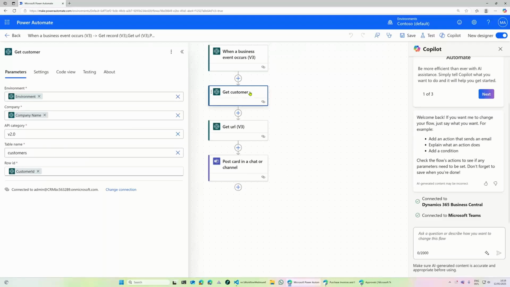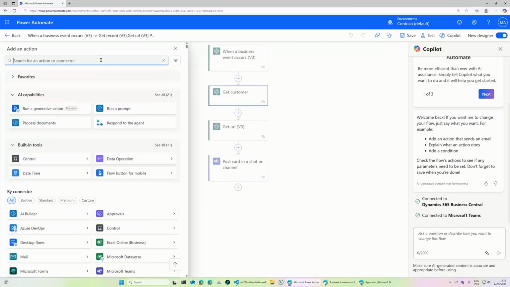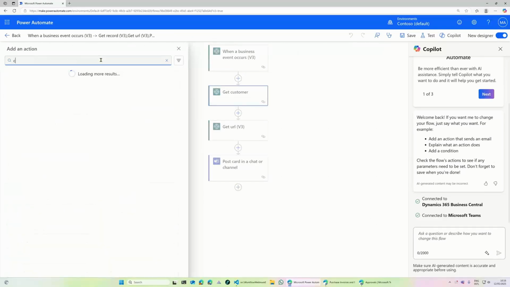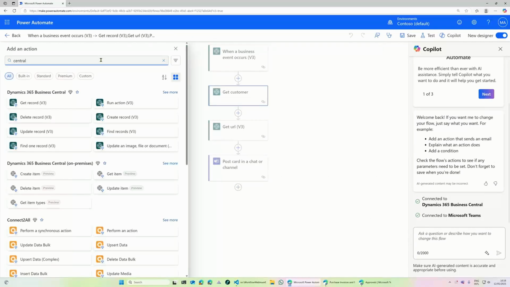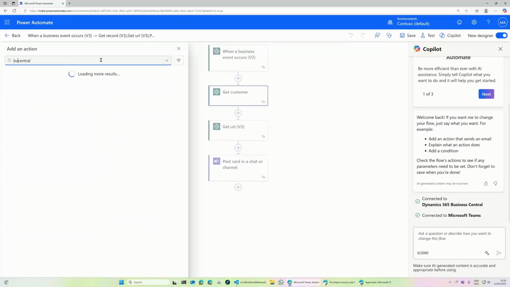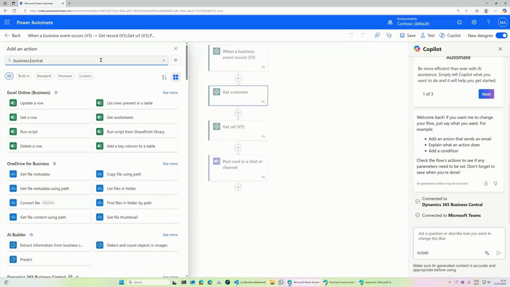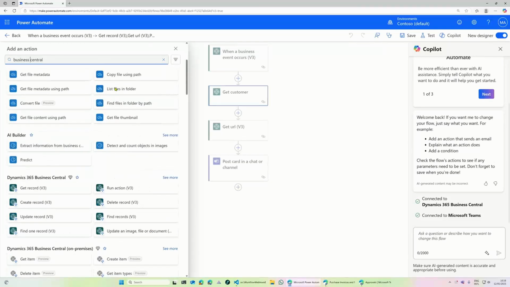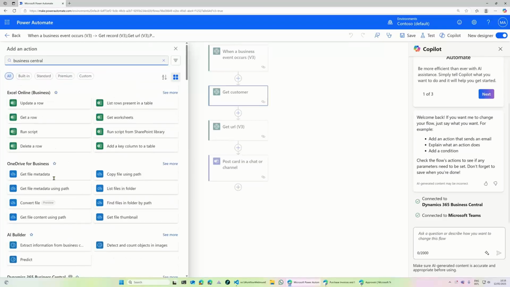Just a small tip on the side, it really makes sense to give the steps that you have in Power Automate a name. Otherwise you would get something like this. Let me just add a step here in between and find that step from the Business Central connector. By the way, just another tip, if you try to type in Business Central, then you get Excel and OneDrive and AI Builder, and you need to scroll down to find everything from Business Central.